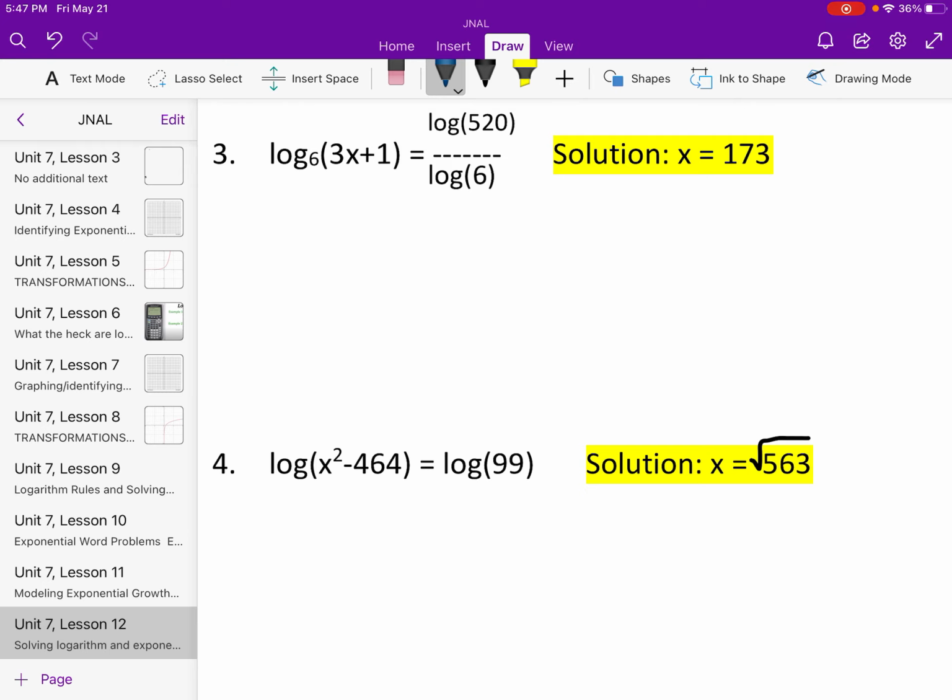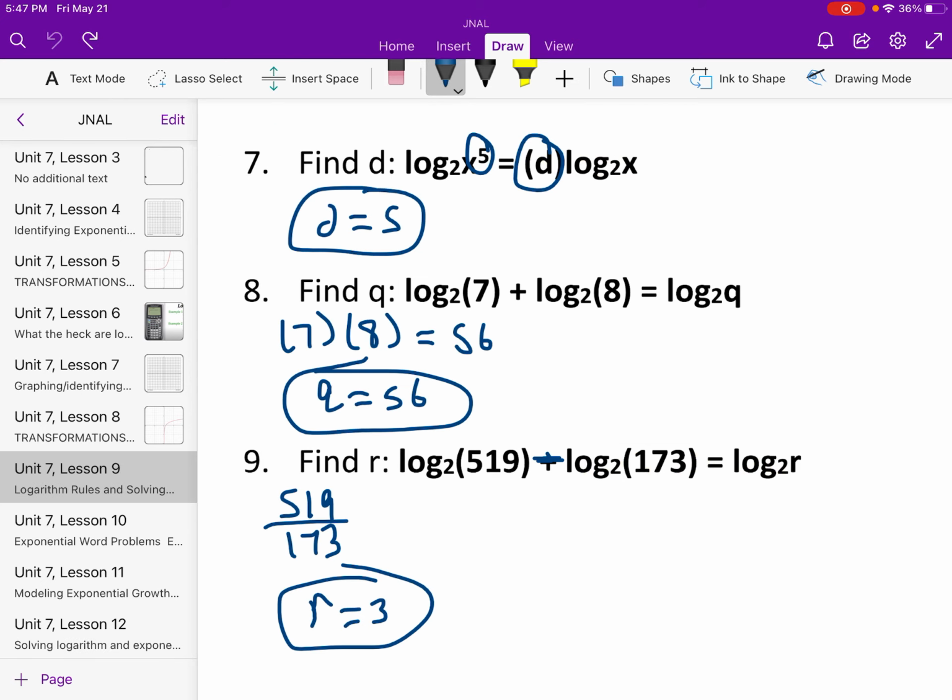So... our solution is supposed to be x equals 173. Now here, I created this problem, but let me think. What's the best thing that we should do here? Well, we do have a basis here, the log 6's. Let me think. Because of that, let me find the rule here that says, wait,